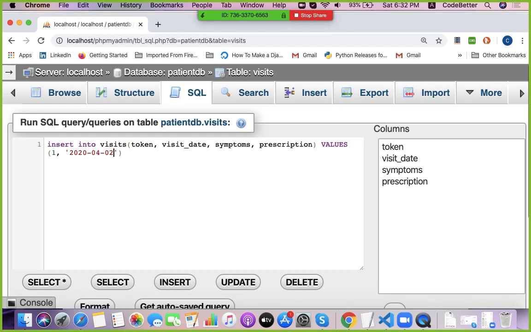Okay, so this is the visit date, in YYYYMMDD format. Then symptoms, let's say fever, prescription, paracetamol.